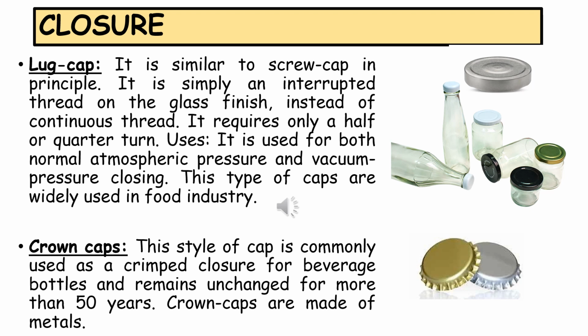Then next is the crown cap. Crown cap or seal is the first form of bottle cap, and it is an airtight metal seal which is crimped on the top of most beverage bottles. In pharmaceuticals they are used on bottles containing laxatives and other liquid products that are designed for complete consumption all at once after opening the bottle.